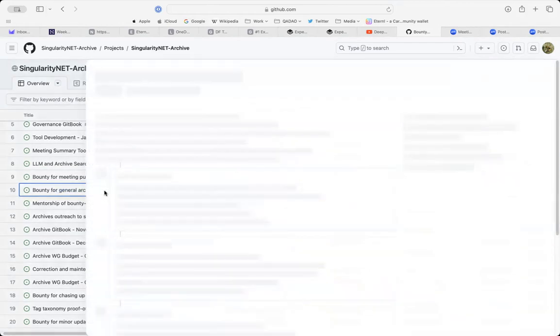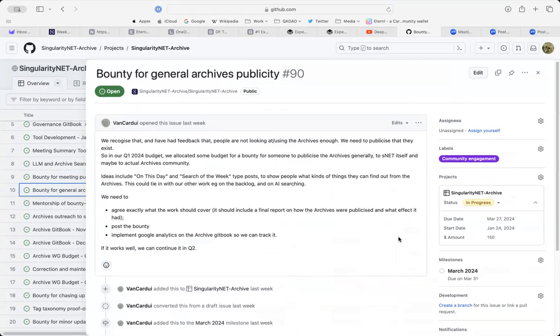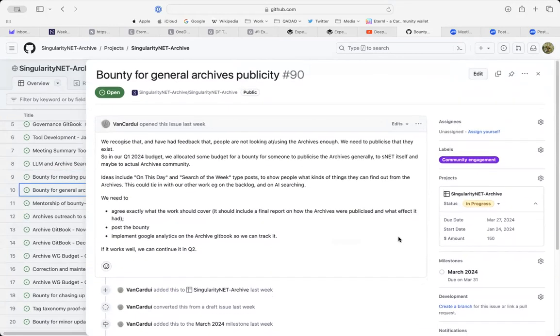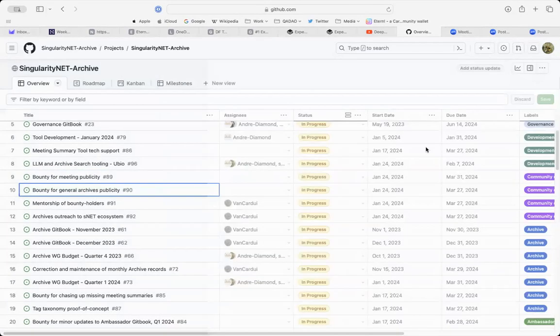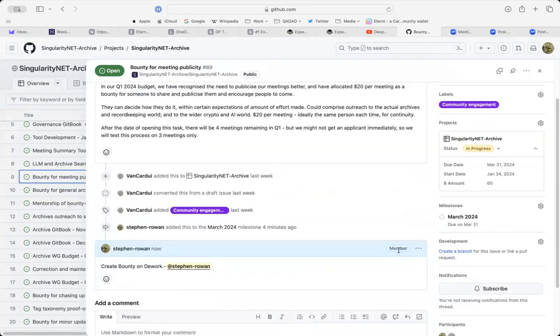And just a bounty for another bounty then. You sound really tired. Oh God, another bounty. No, it's just that I'm not familiar with the D-Work. I suppose it's just creating a bounty on D-Work, and that's the way. Yeah, we're just trying it. I don't know if you remember the meeting where we said we'd try it, but we did. Okay, that's fine. So I'll create a bounty for that as well. I'll just do that in the mentions.